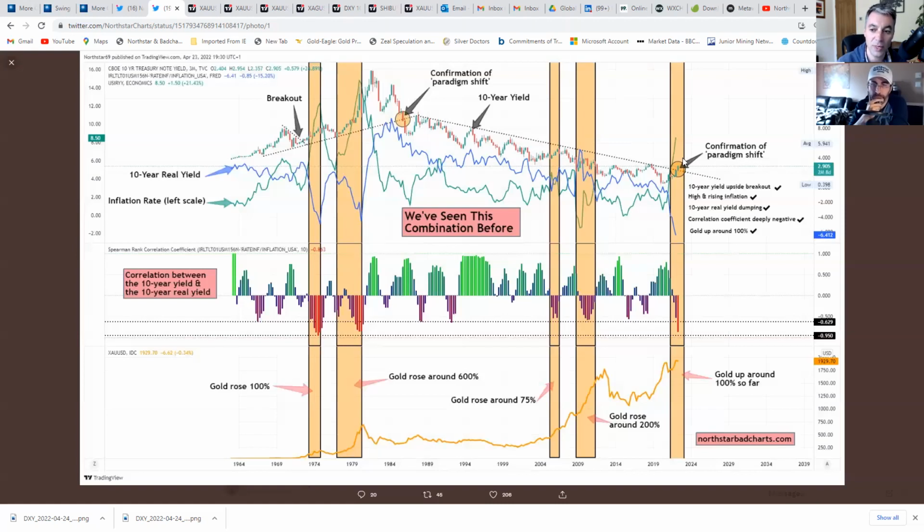But you can see quite clearly we've got a breakout here, and it suggests that we could be at the start of a new paradigm. That's one piece of evidence, and so I started to look at other pieces of evidence. So I put on the